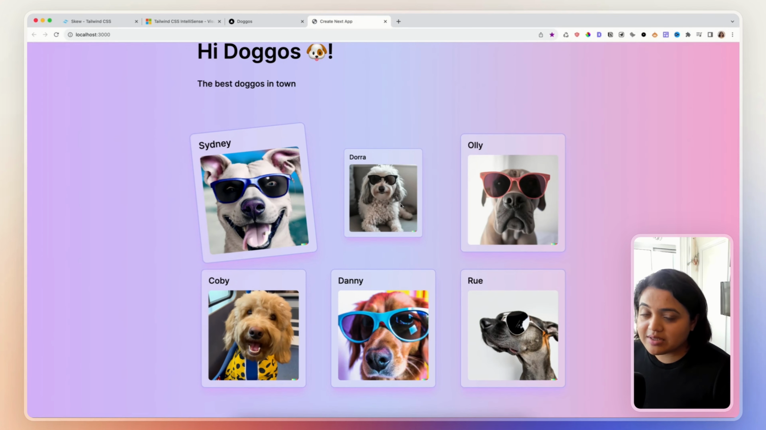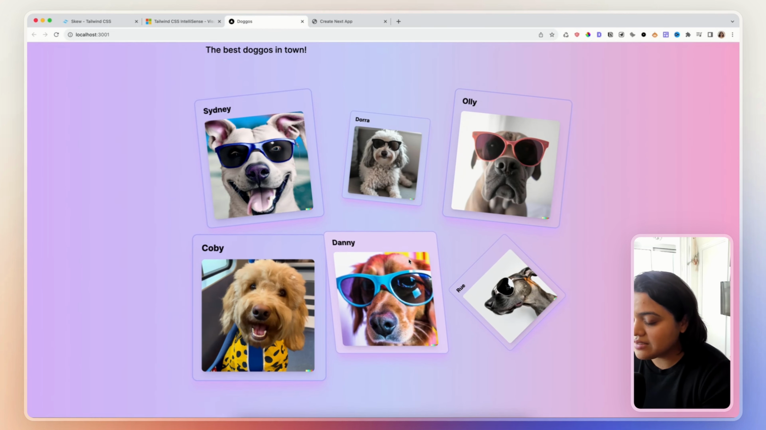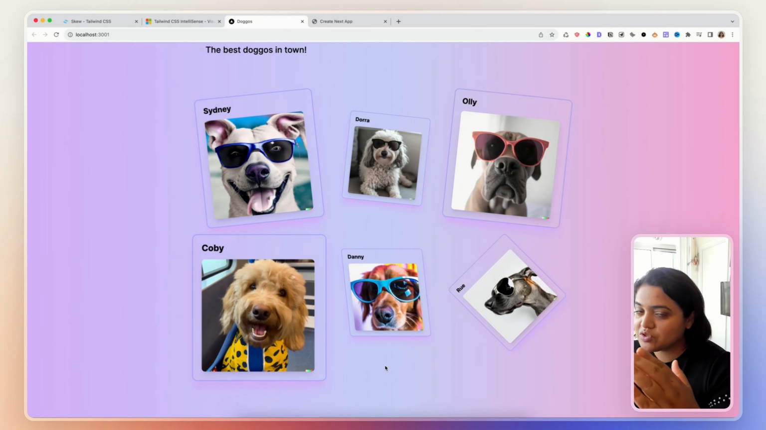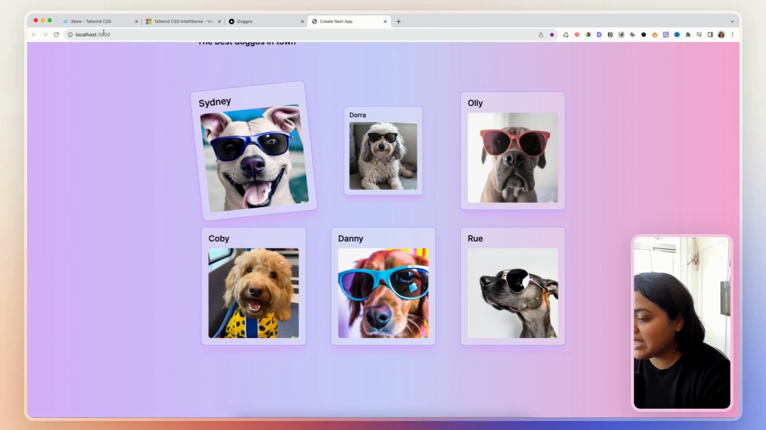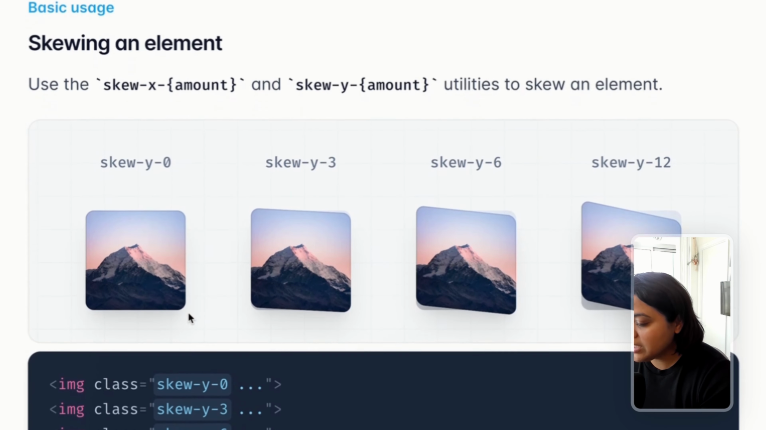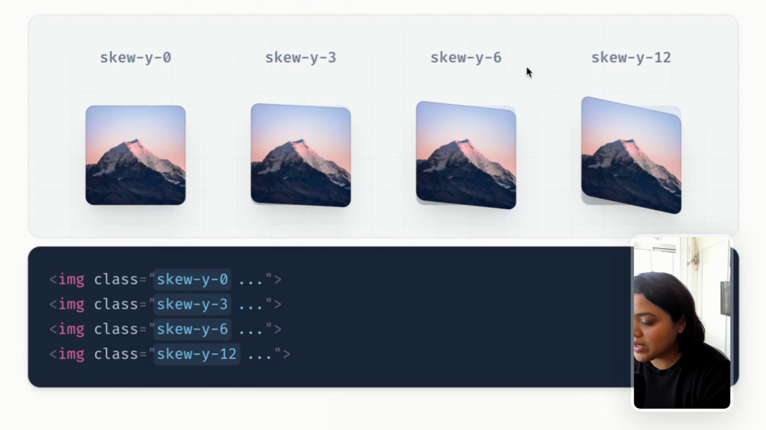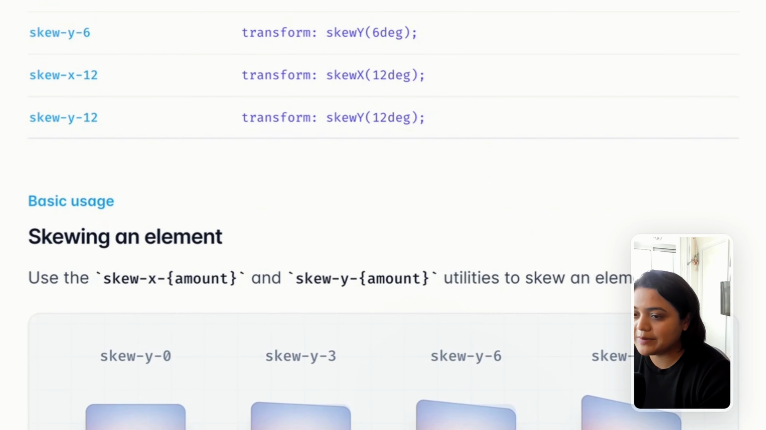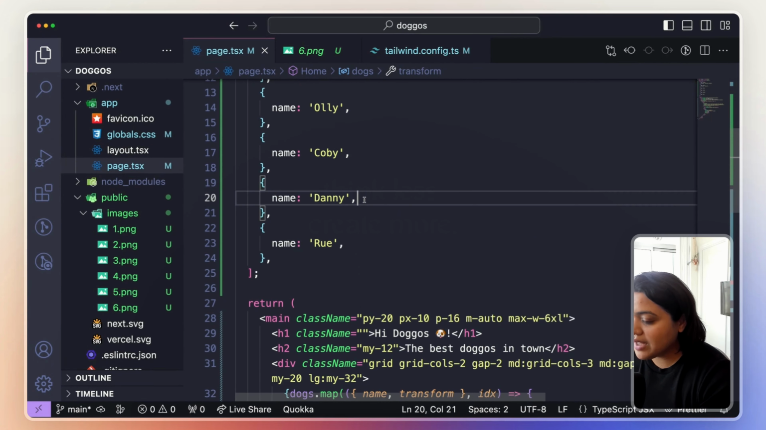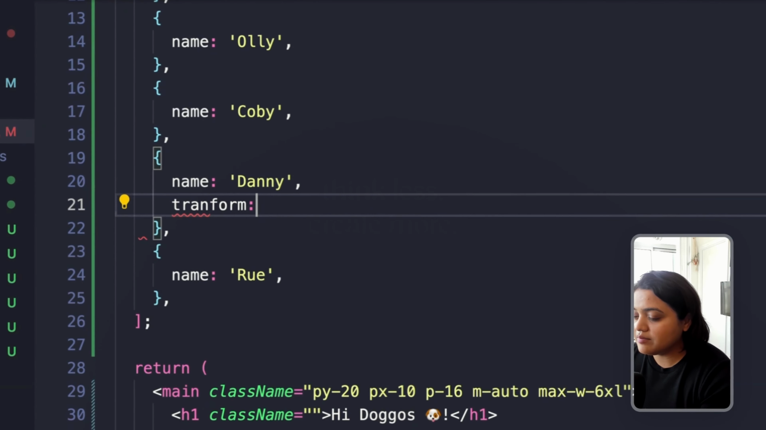And look at that, Dora is 75. Now, among all of these, Danny is a little special because you can see that Danny is also skewed to the left as well. So we could do the same for Danny too. If you look at the skew property, we could say skew by 6 or skew by 3 or whatever else that we like. Danny, we could scale Danny back again